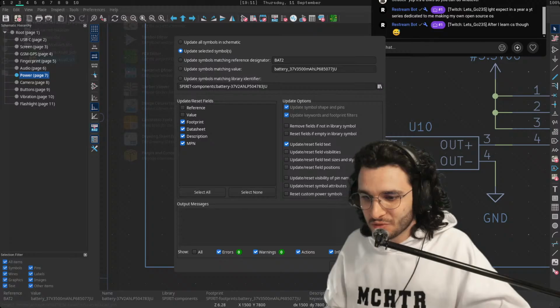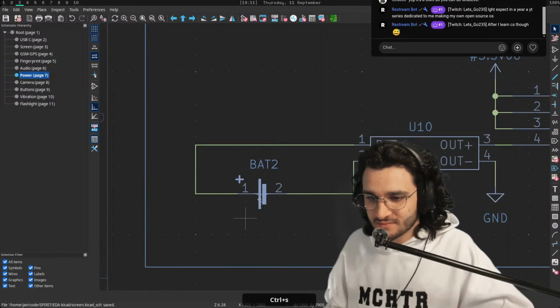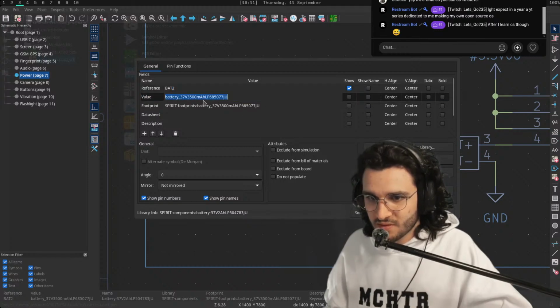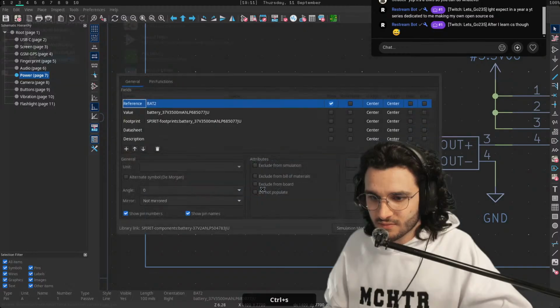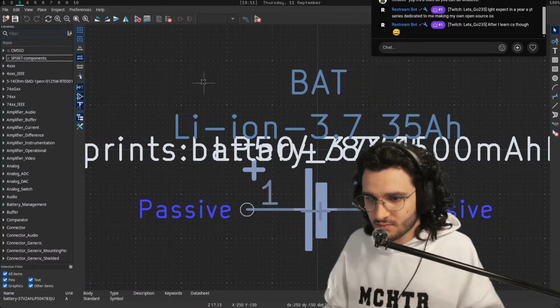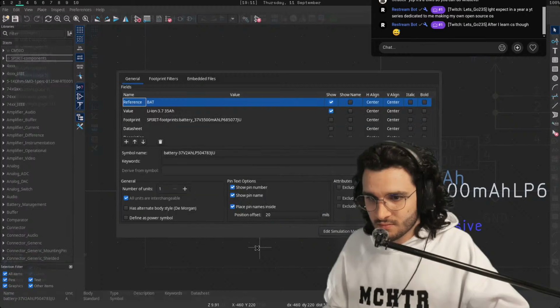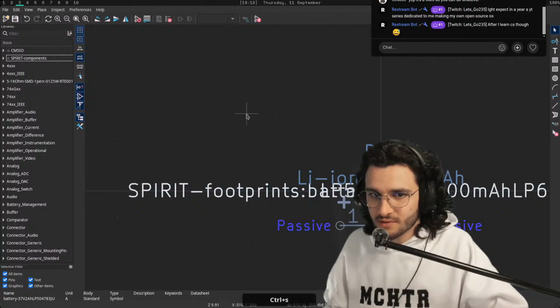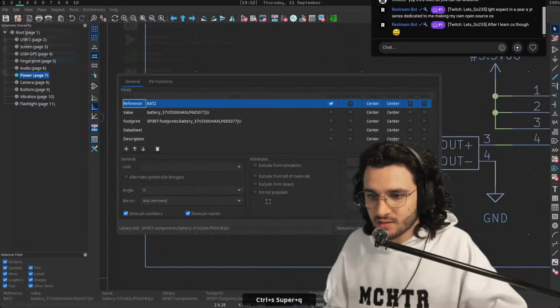Now update symbol. Okay. Yeah, but the value is off. So yeah, the value is shorter in this one. If I go here,